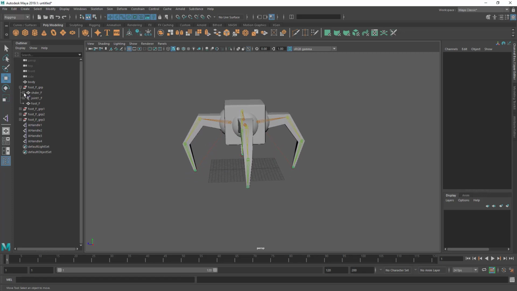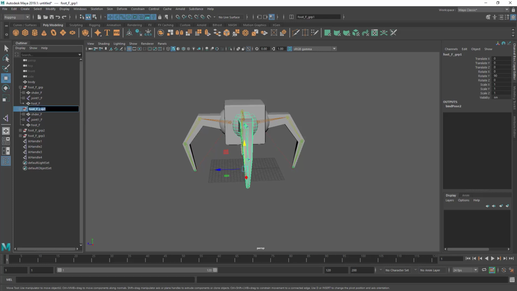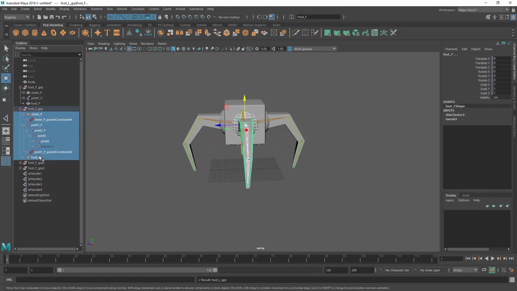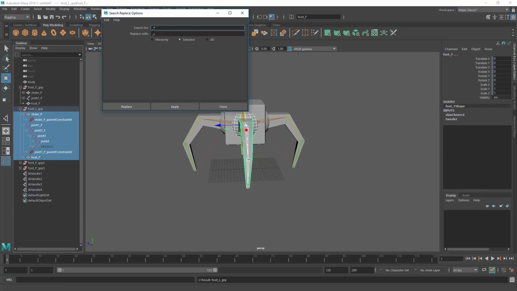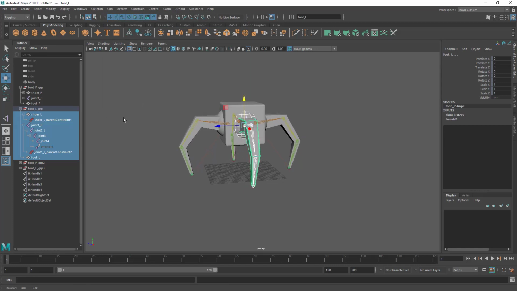Let's rename different parts of the creature. The second foot group, you can rename it foot left group. To do it quickly, select all the nodes and choose modify, search and replace, the underscore F by L, replace. Okay,